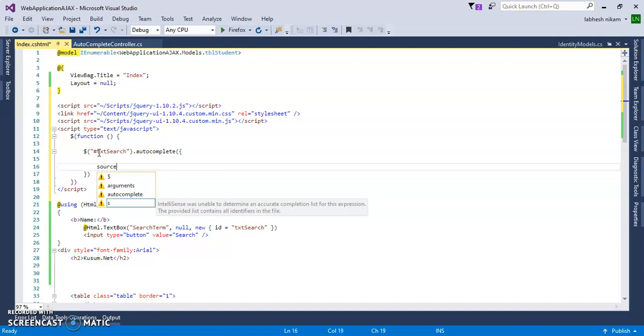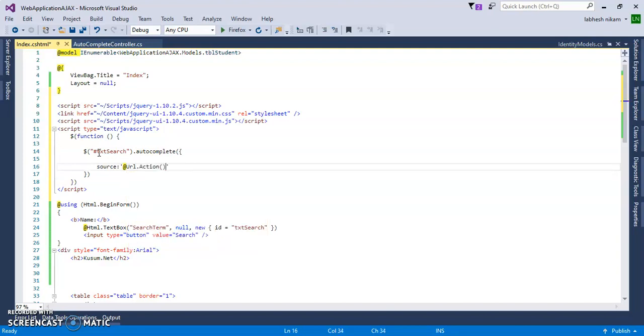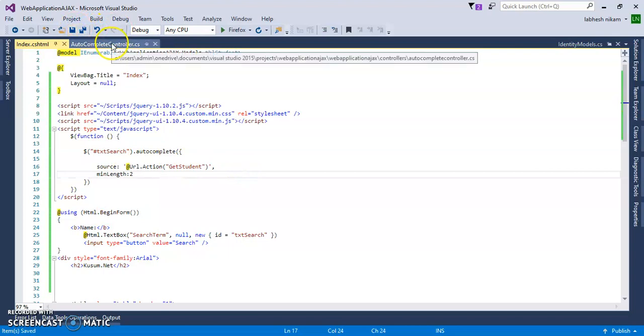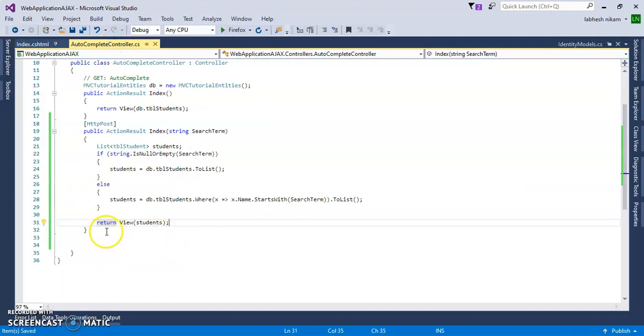So use source, and which source? From @Url.Action and from one method which we will create now. I have not created it yet, so let's create this method and we'll find the names of that search using two characters, so minLength 2. Let's save it and now let's create this method inside of the controller.